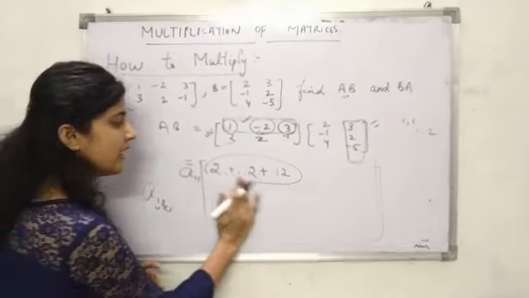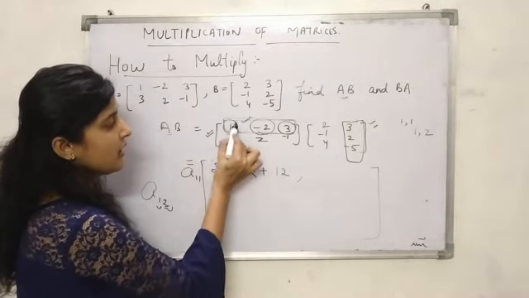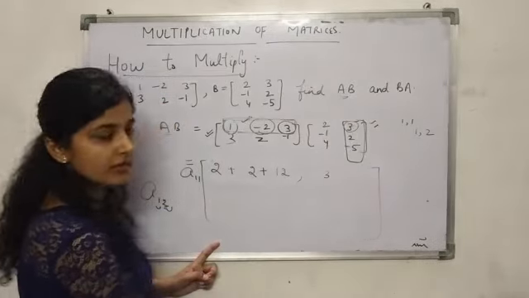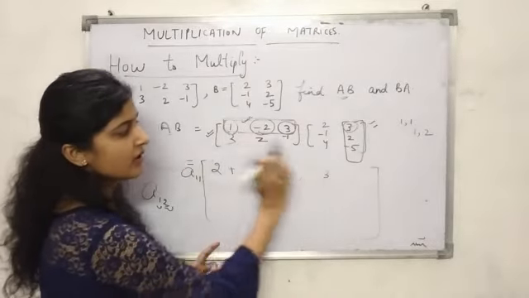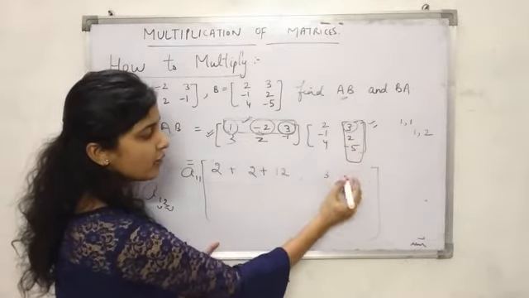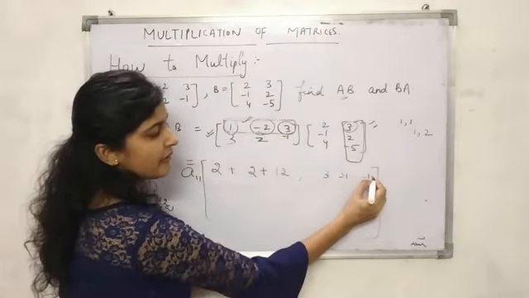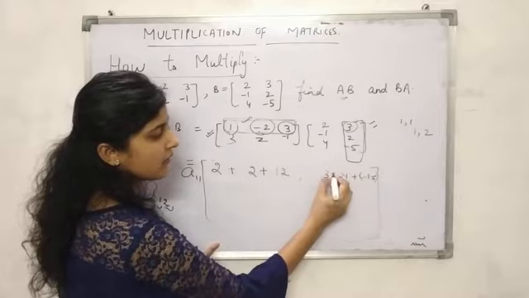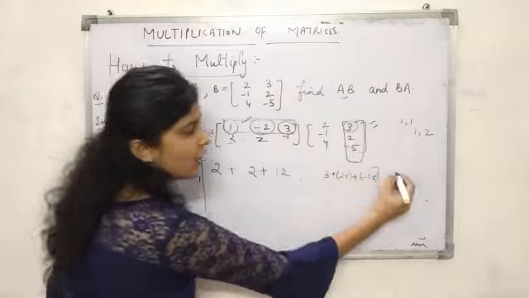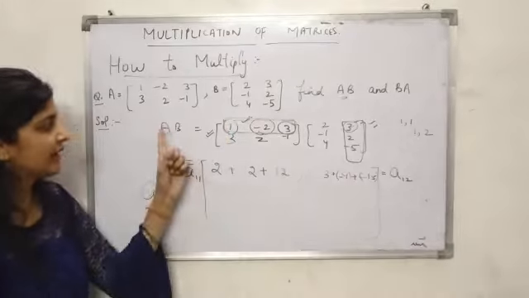Now in the same way we will multiply these two. First element of this row with first element of this column, 3. Second element of this row with second element of this column, that is minus 2 multiplied with 2, minus 4. 3 multiplied with minus 5, minus 15. The result will be added. Clear? So this is first row, second column, it will be A12 of AB.